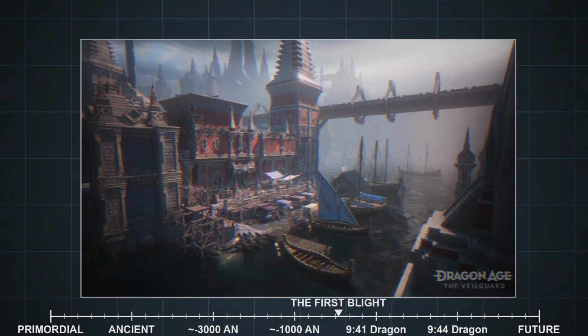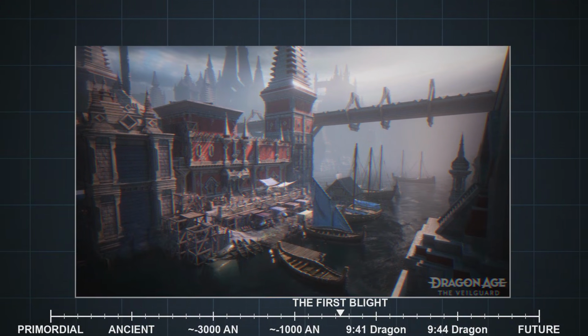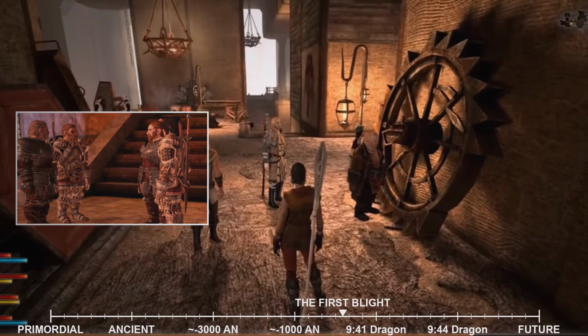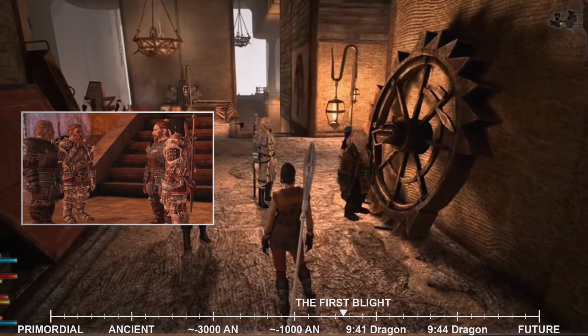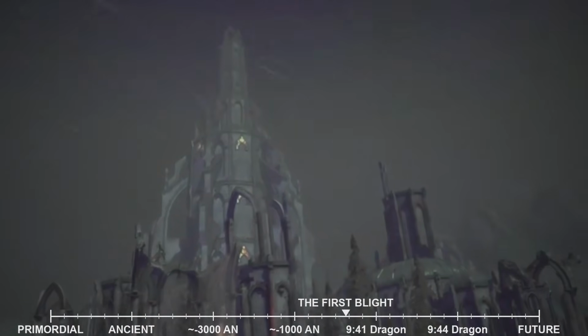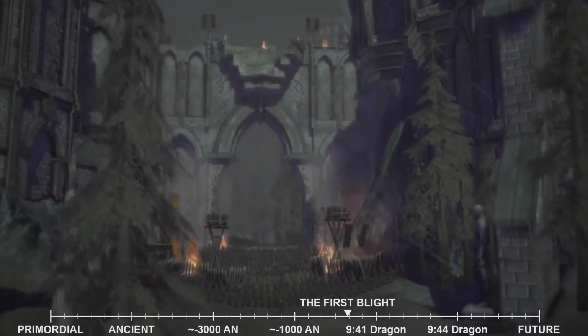The surface world initially had no idea of the catastrophe unfolding below. The dwarves had always been somewhat isolationist, managing their own affairs in their underground kingdoms while maintaining trade relationships with surface nations but rarely sharing the details of their internal struggles. By the time the Darkspawn began emerging onto the surface, drawn upward by the Archdemon's will and their own hunger for corruption, it was already too late to prepare.